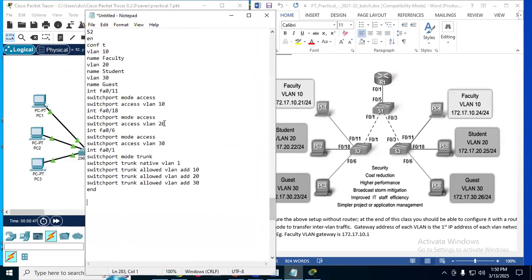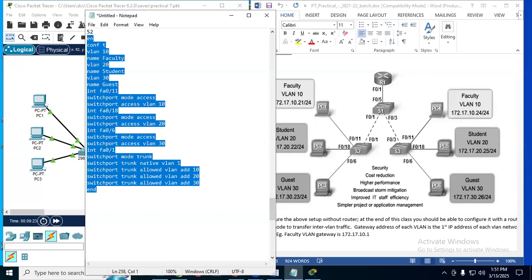I have explained to you how I built this, because we have 3 ports on VLAN 10, 20, and 30. So PCs are connected, so we have made the port memberships. Then we have one trunk port carrying all the traffic of VLAN 10, 20, and 30. So we made that port Fa0/1 trunk, and the native VLAN is 1, and we have added all 3 VLANs to transport packets through that trunk port. So then what we do is we copy this